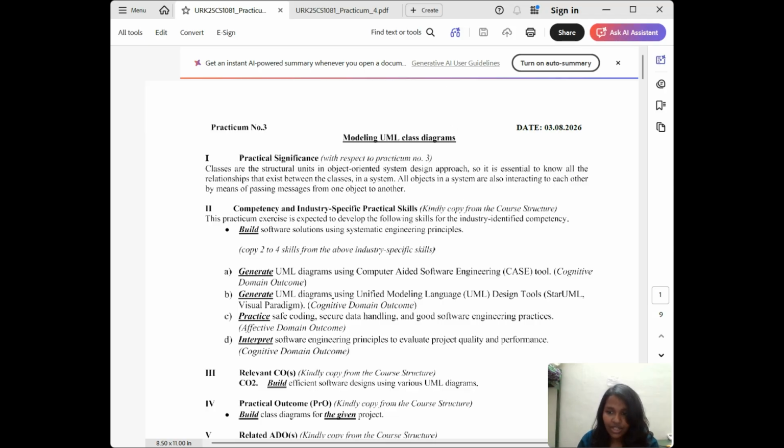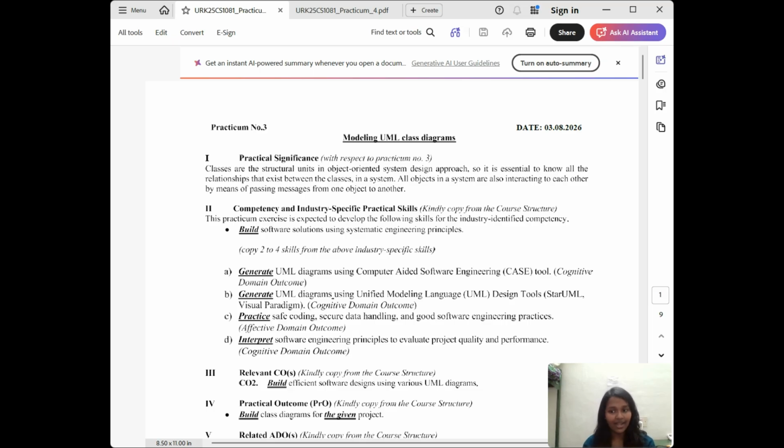The main objective is that we'll be modeling the static structure of a software system, which is the student management system, using a UML class diagram in this practicum. For example, in the student management system, I have identified the important entities such as person, student, staff, department, course, enrollment, semester, grade, attendance, and fee payment. And I'll be representing here how they are related to each other.